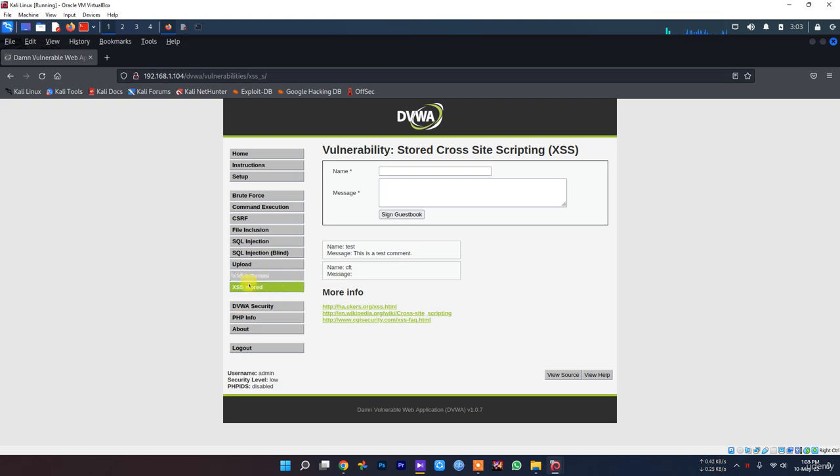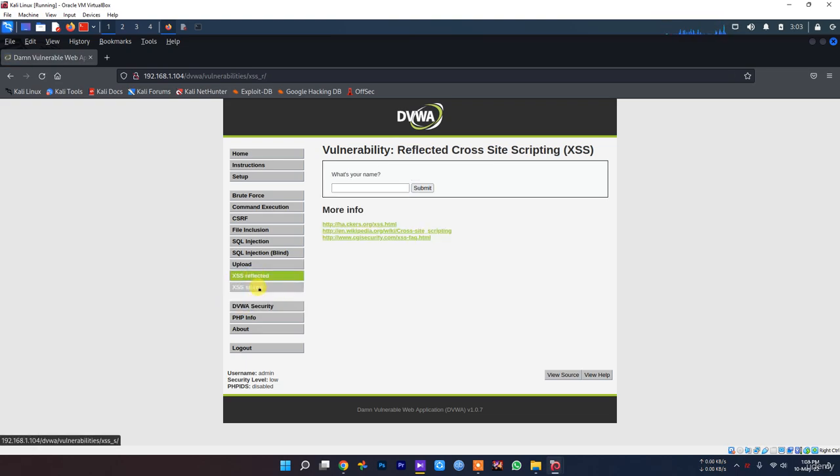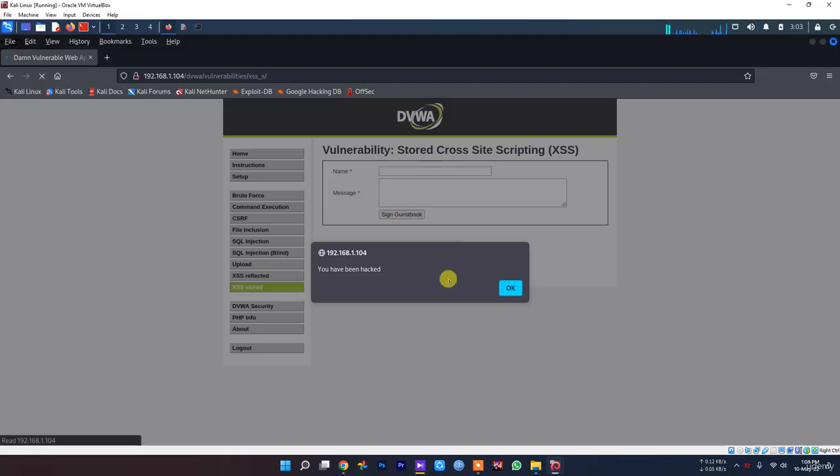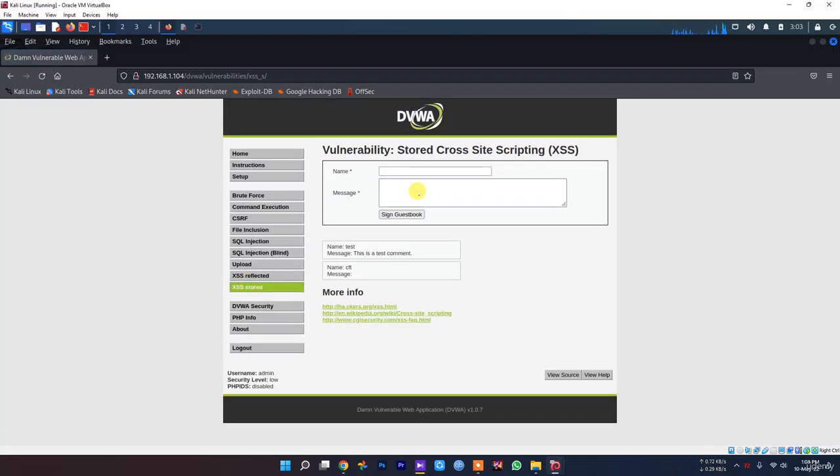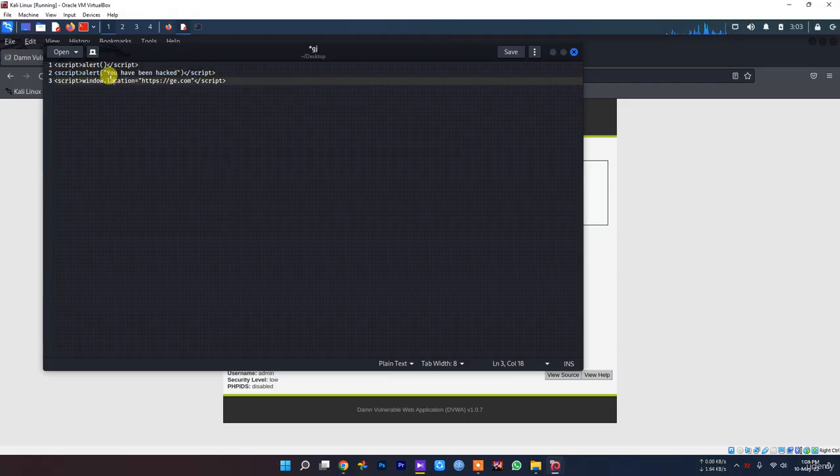That's how XSS stored and XSS cross-site vulnerability works. It's all about what script you load in this text field, and it will work with any script you want. If you have a script like this and you don't want to just show this text box,